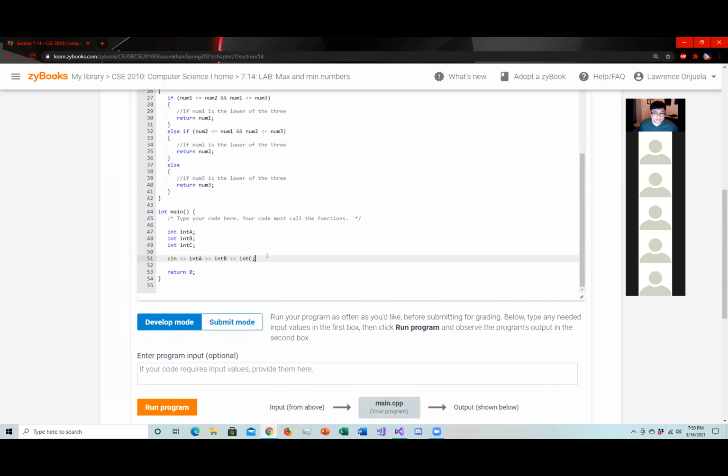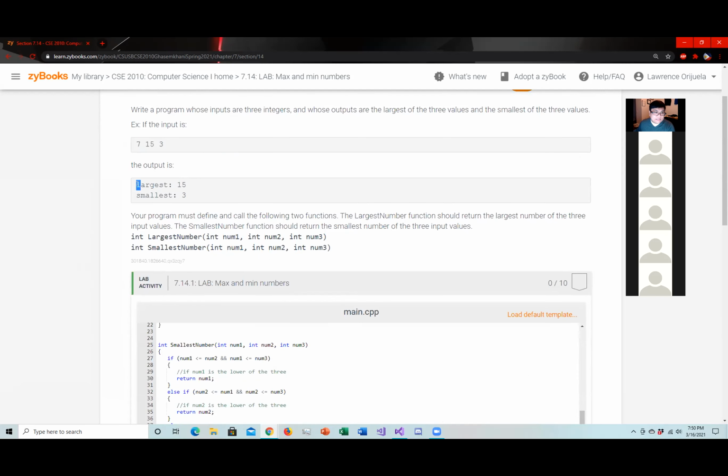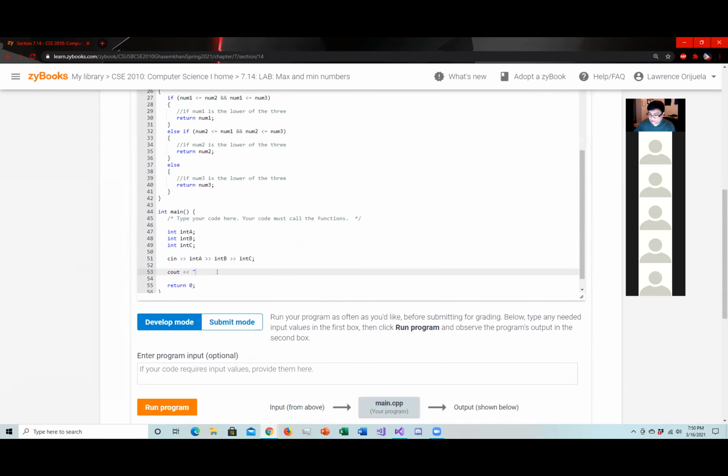So that's real simple. I'm going to say cout, is largest capital? No, it's lowercase. So I'll say largest colon space,